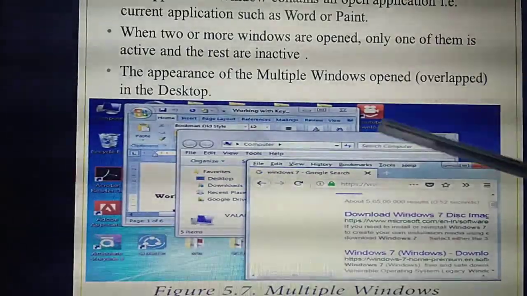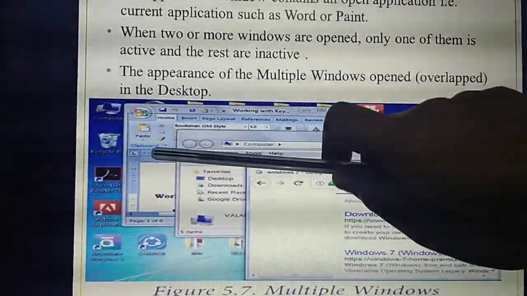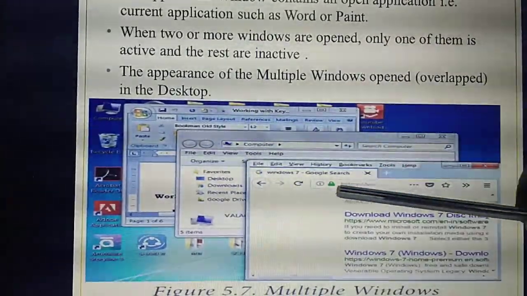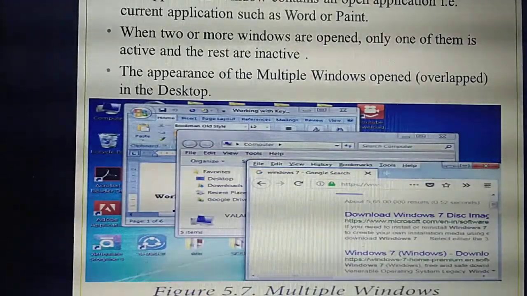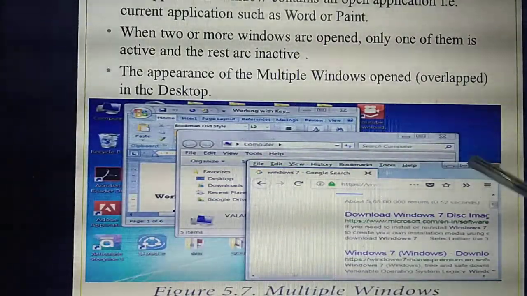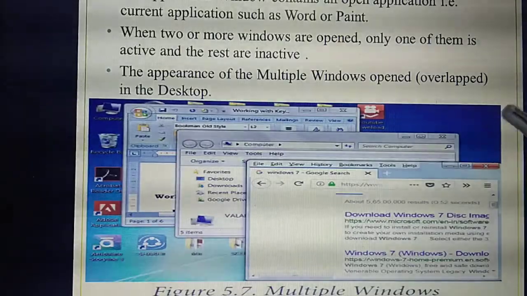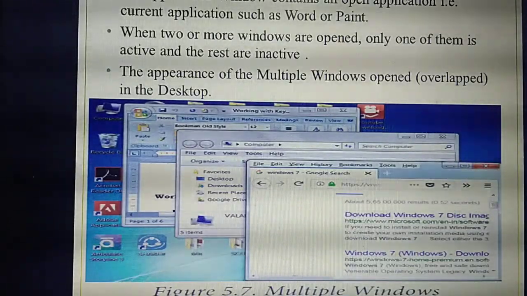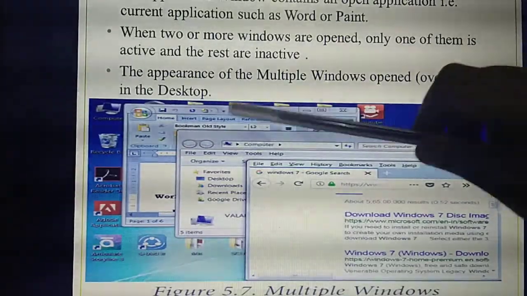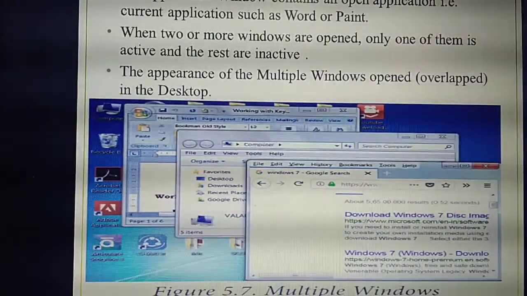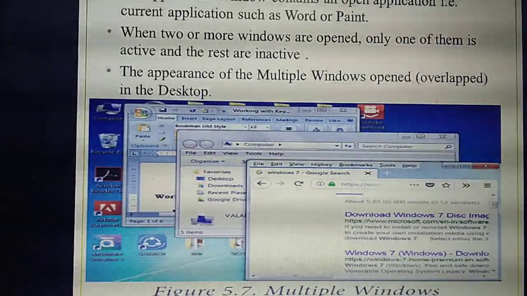For example, they are typing something in the first Word file. If they are working in this window, only this window alone will be active, and the remaining 2 windows will remain inactive. What do you mean by inactive?